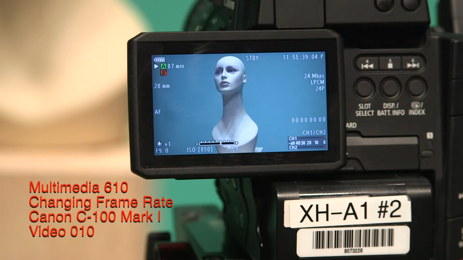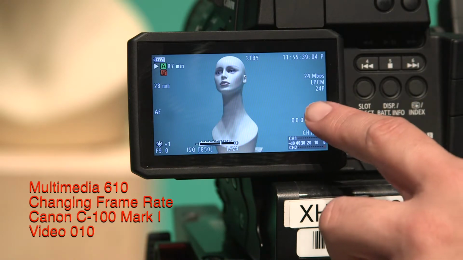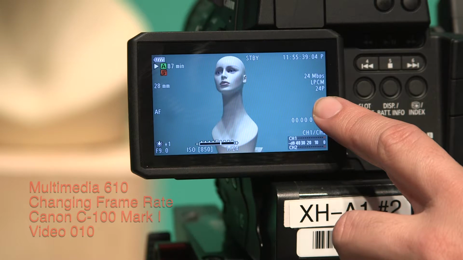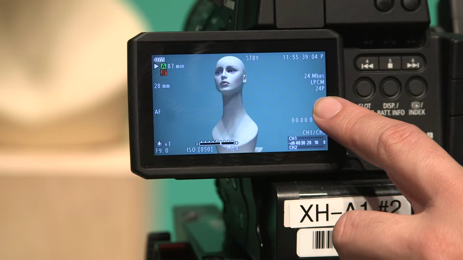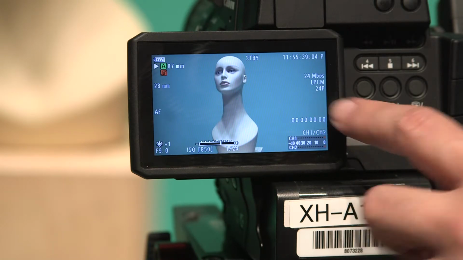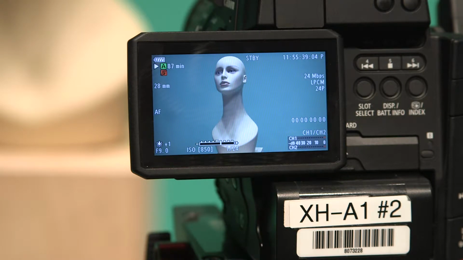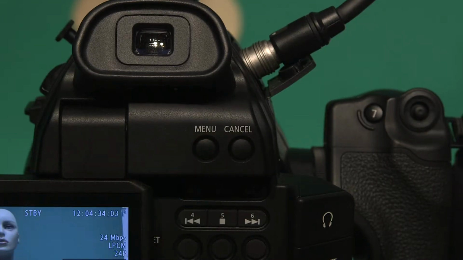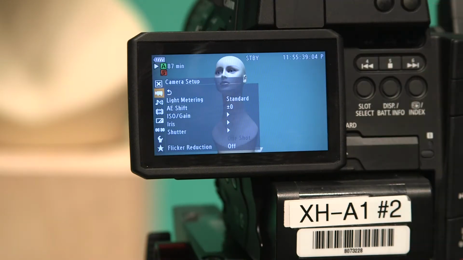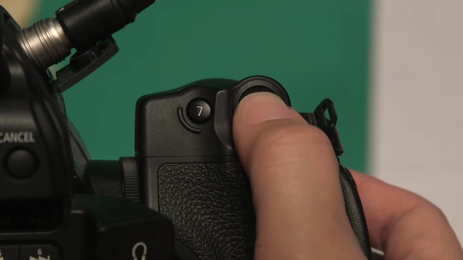In this video, we're going to cover how to change the frame rate. We want the frame rate to be 24 frames per second when we're shooting cinematic motion. So to change the frame rate, you want to go to Menu, and using the joystick, you want to navigate